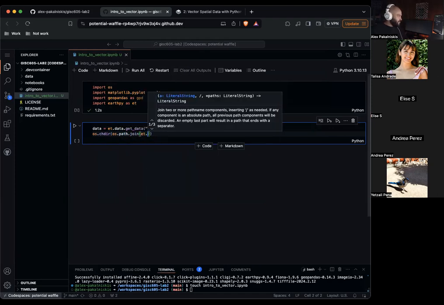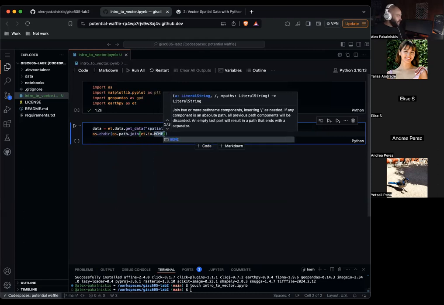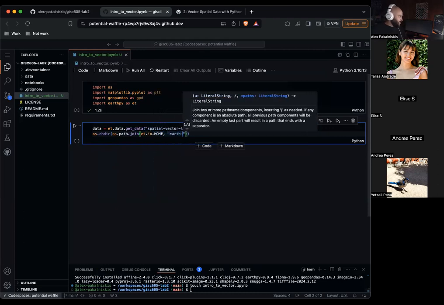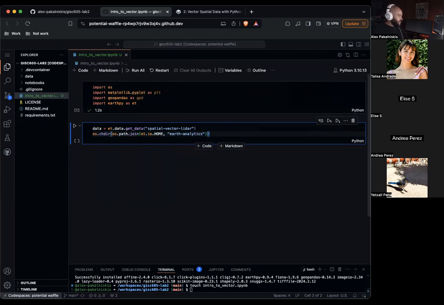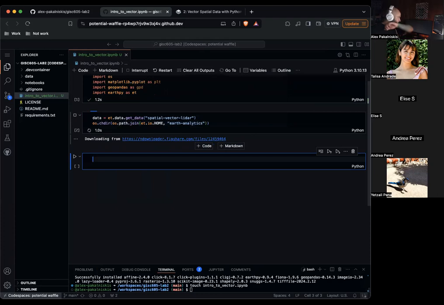This is all review from last week, so hopefully nothing looks terribly new yet. You can see it's downloading data. It's going to store it in this cloud computer environment.